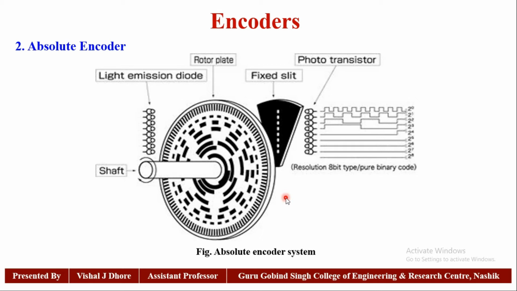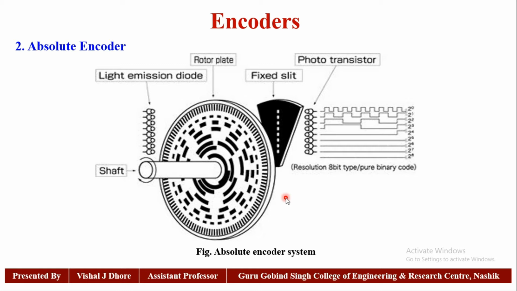So let us discuss these absolute encoders. An absolute encoder generates a digital word that represents the encoder's actual position as well as its speed and the direction of motion. An absolute encoder disk has a series of concentric tracks, each consisting of transparent and opaque segments. The absolute encoder is designed to produce a unique word corresponding to each rotational position of the shaft that distinguishes n distinct positions of the shaft.